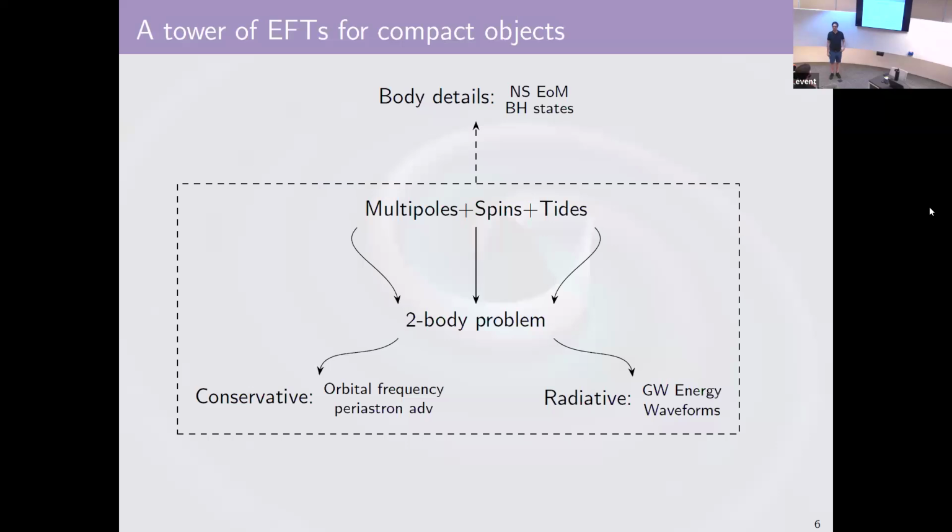Then we can turn it around and say, we now have this IR theory, which is GR and the gravitational waves from GR, and match them against whatever our UV theory is that describes the individual bodies.